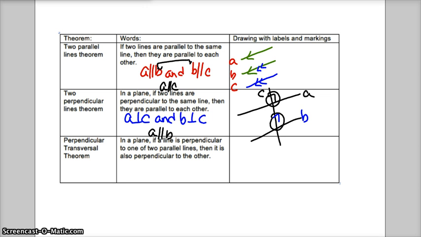The perpendicular transversal theorem says in a plane, if a line is perpendicular to one of two parallel lines, then it is also perpendicular to the other. So think this through for a second. Let me draw this diagram. I have line A again, line B again, and I'm going to call this T for transversal. If you know these lines are parallel, and the transversal is perpendicular to one of them, we know that if lines parallel, then, for instance, corresponding